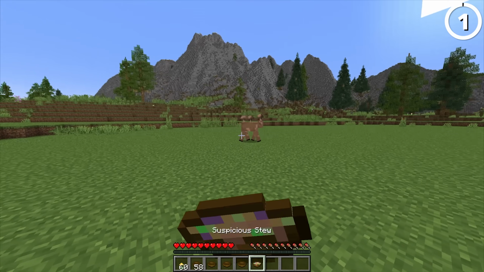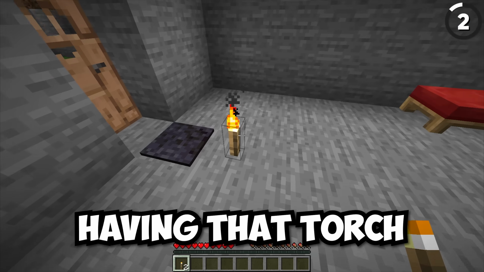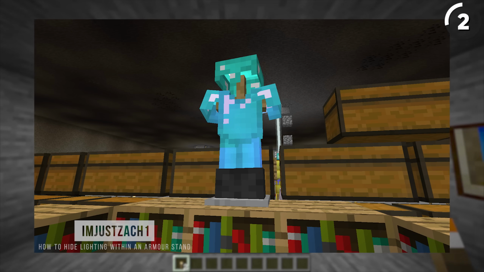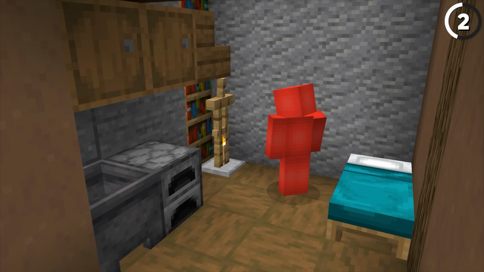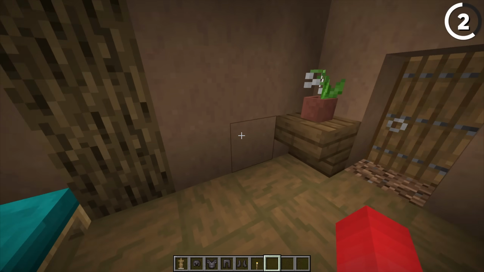It's a simpler trade-off. Lighting up your base is great, but you never want to be too obvious about it. Having a torch on the ground doesn't look the best, is what I'm trying to say. But luckily, there is a way for us to hide it. Since if you place down a torch and then have an armor stand entity drop on top of it, then after you suit up that armor stand with whatever armor of your choice, then you'll have successfully made hidden lighting